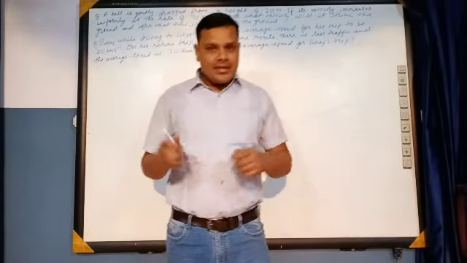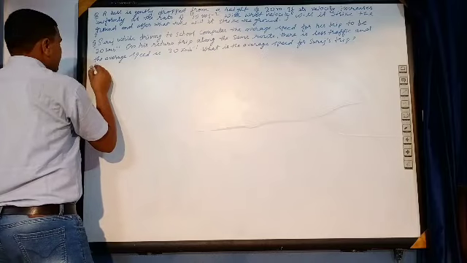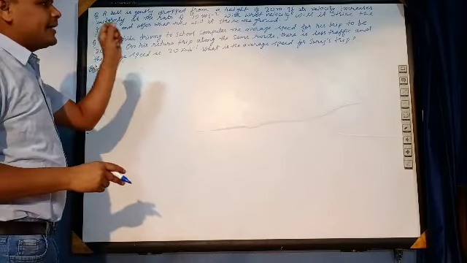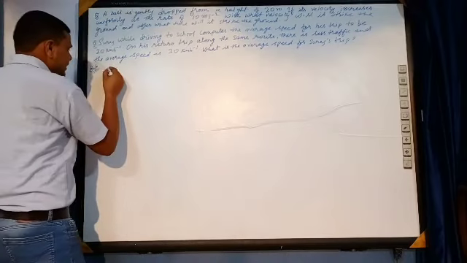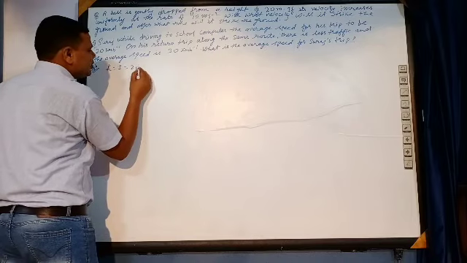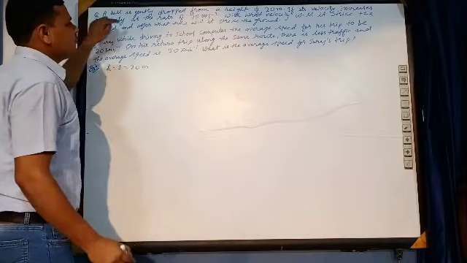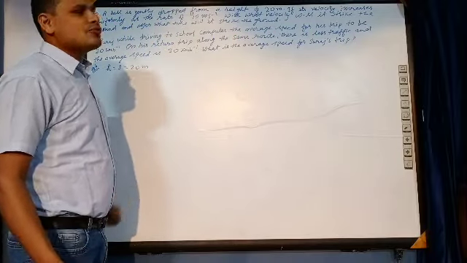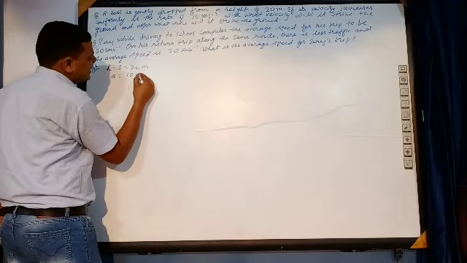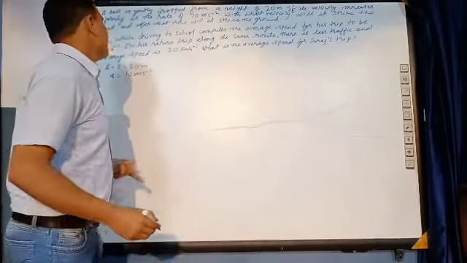Now we are having the next group of questions. Now see. First question. A ball is gently dropped from a height of 20 meter. That means in this case h, or you can say distance, is 20 meter. If its velocity increases uniformly at the rate of 10 meter per square second, that means we have the acceleration, that is 10 meter per square second. With what velocity will it strike the ground?